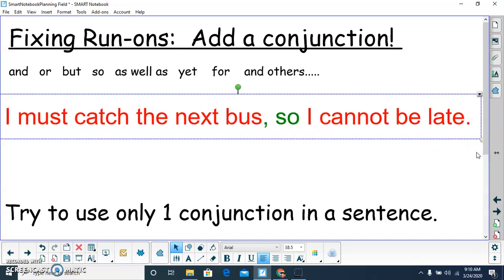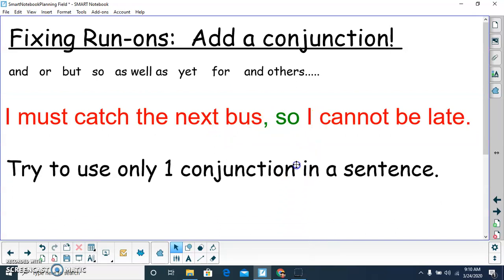I must catch the bus, so I cannot be late. So at the end of the first idea, I put a comma, and then I put a conjunction, so I cannot be late. And so I've combined the two, and it's clear, it makes sense. But as I accidentally pointed out,